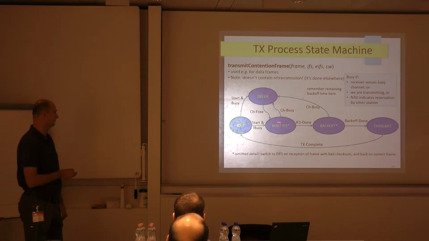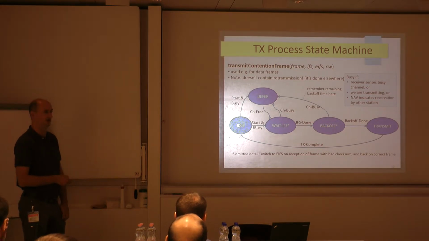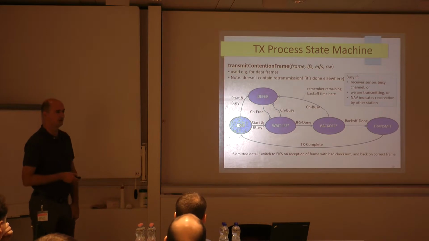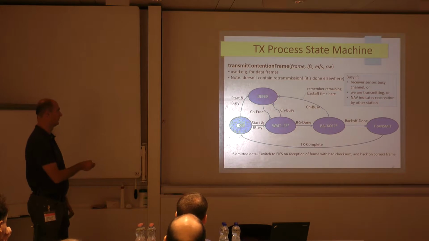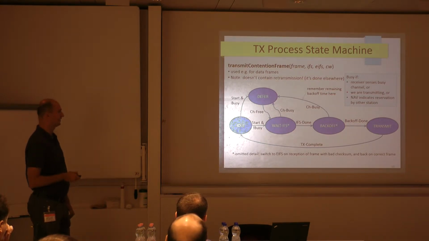It stays in idle. When it receives a frame for transmission, it goes to wait interframe space. When it's done, it goes to backoff. When backoff is done, it goes to transmitting. When that's complete, it goes back to idle. When, during waiting, we sense a busy channel, we go back to defer, and from defer we start it all over. There's one thing: if we're interrupted in the backoff state, then we remember the remaining backoff time, so we use it next time. It's quite simple.